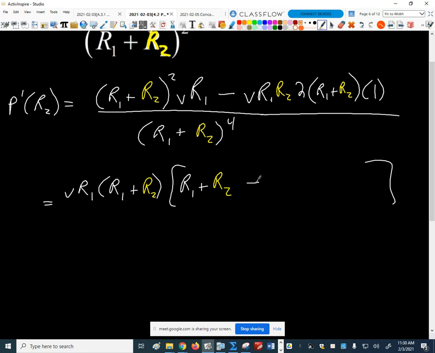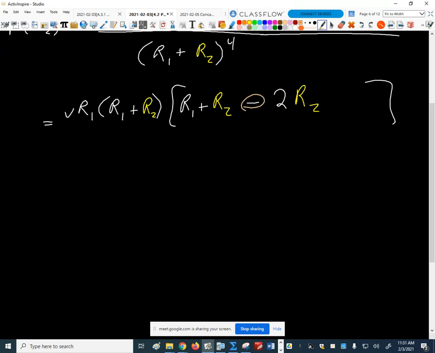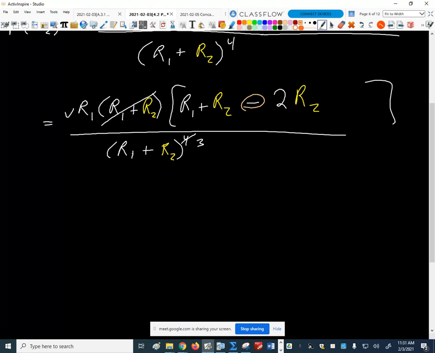minus, what about over here? Well, I factored that away. I factored that away. I factored that away. So I've just got a 2R2. It's all that's left over. All divided by R1 plus R2 to the fourth. So I could simplify that quotient, right? That just becomes a 3 on the bottom. And so we end up then with